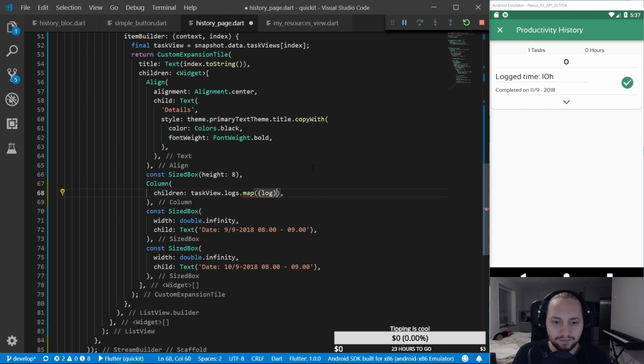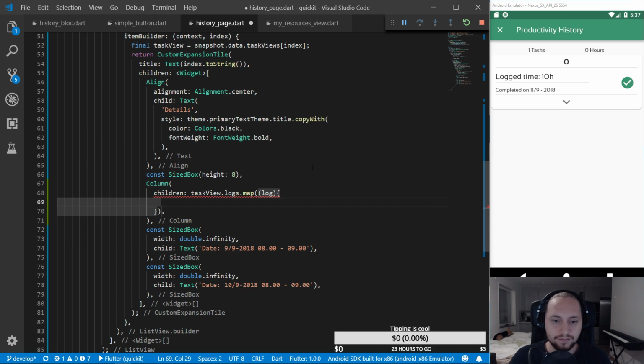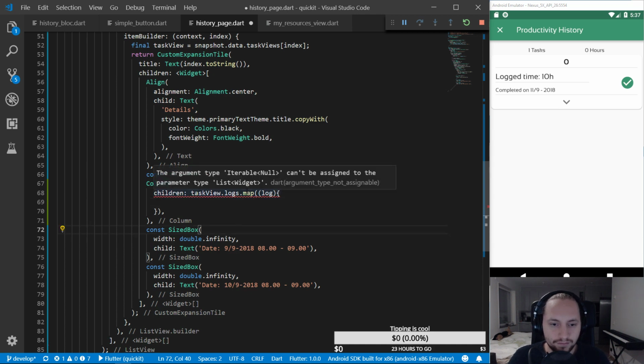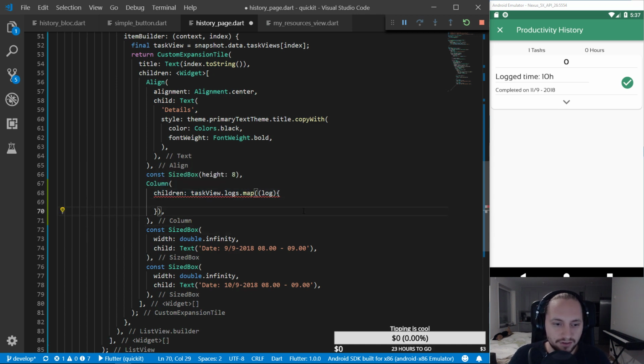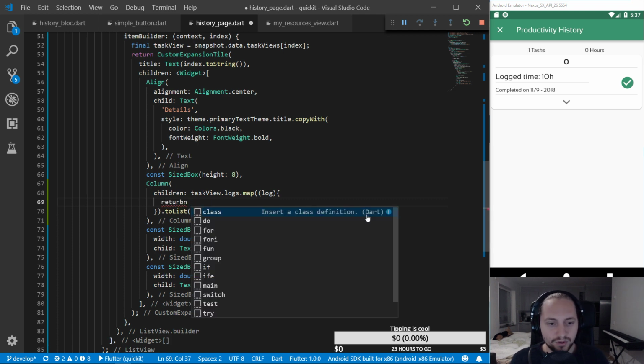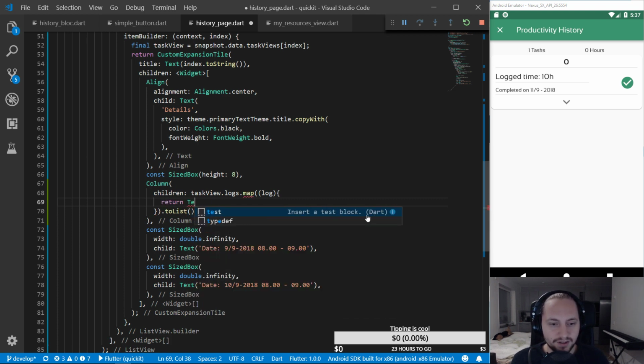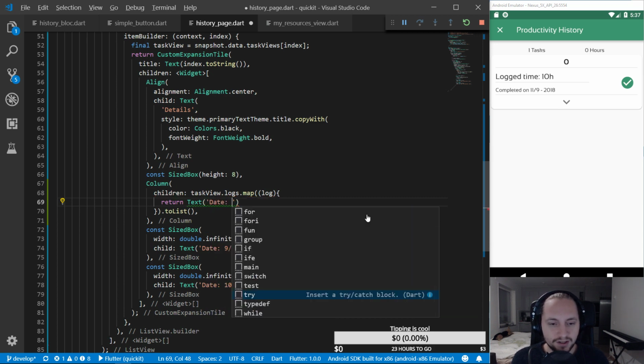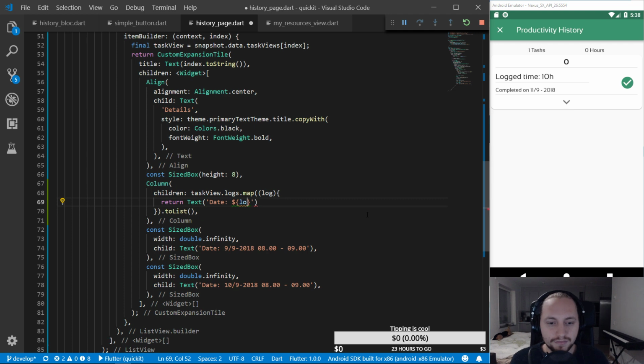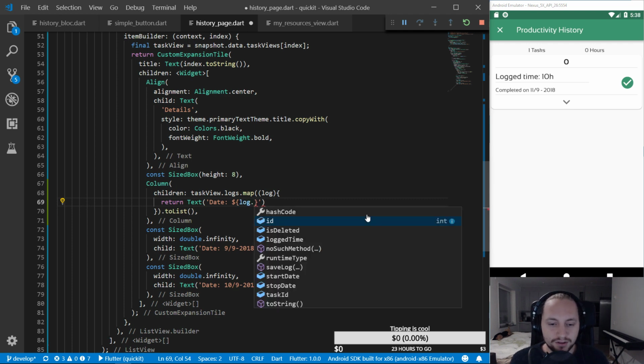We have log, and this actually has to be a to list. So right now inside here we have each task or each log, so we can return a text of date, which will be the log dot